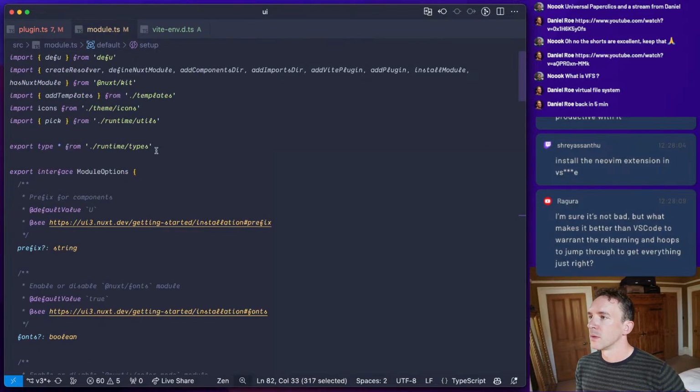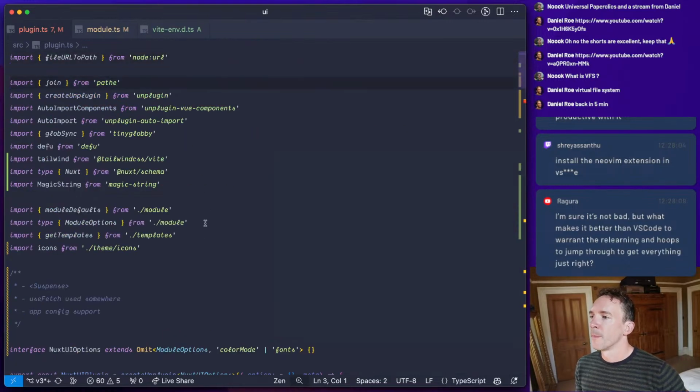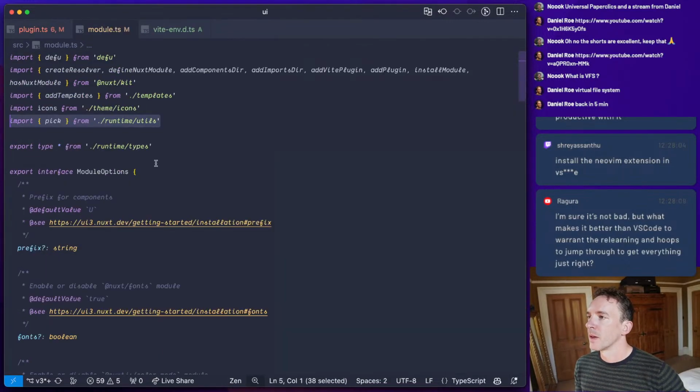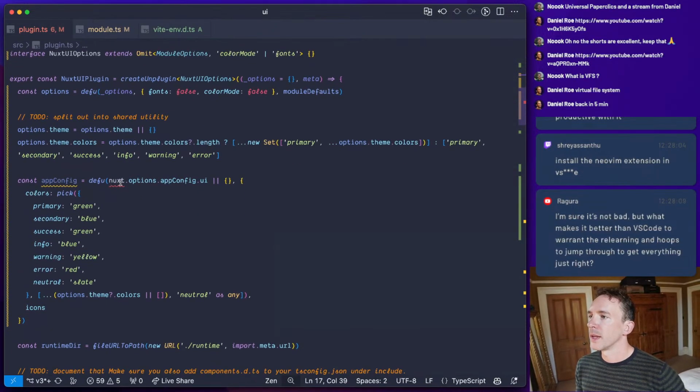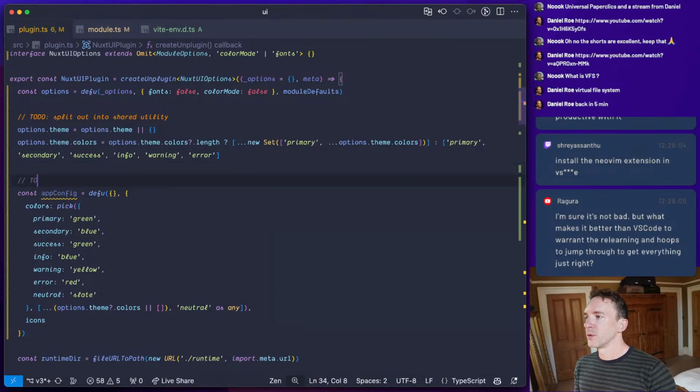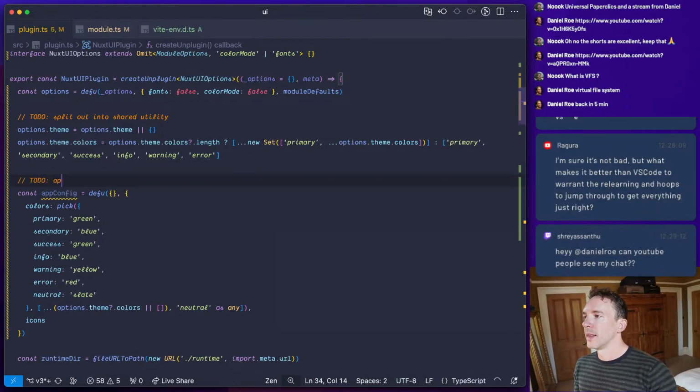Ooh. Interesting. And do we need anything else? Yeah, we need to basically handle the default value to allow user customizing the app config.